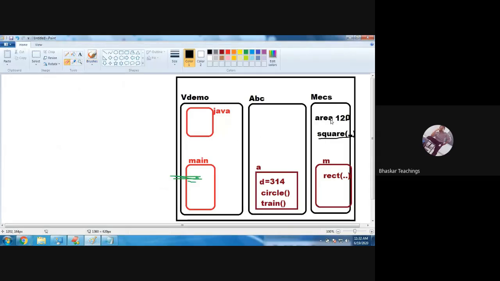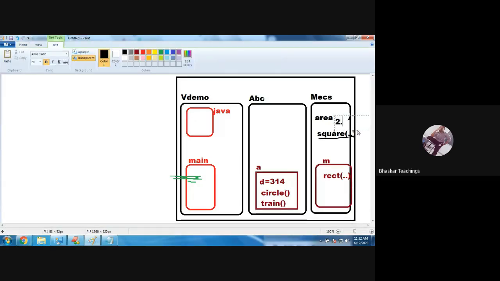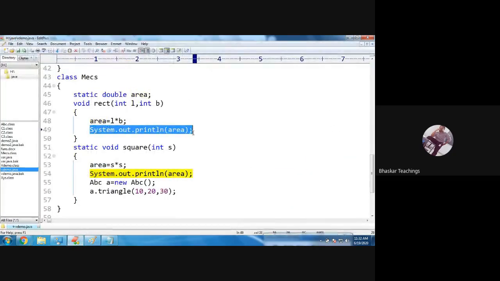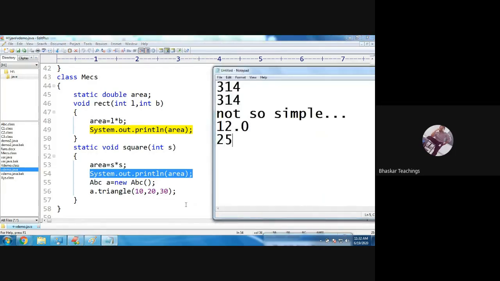The same variable is used in the rectangle and square functions. It's a double variable, a real number. Now what is the next line? It's a printing statement, System.out.println of area, so it will be 25.0.